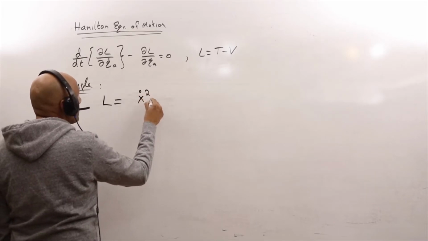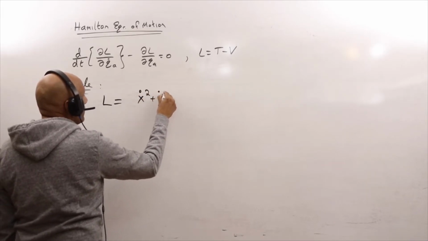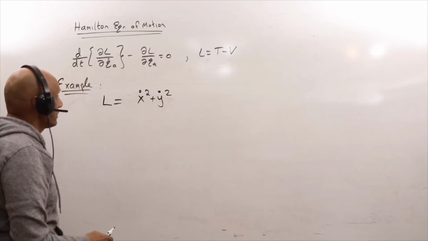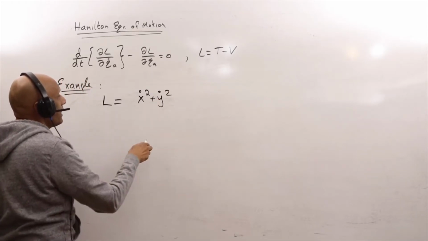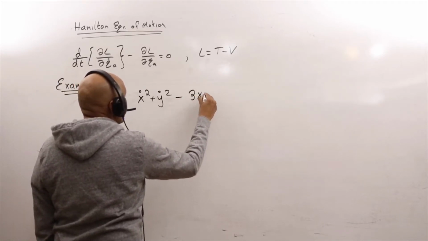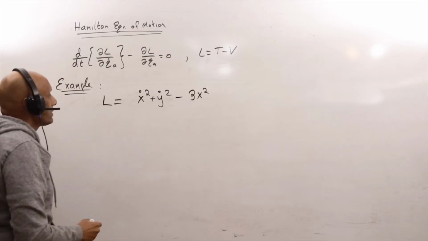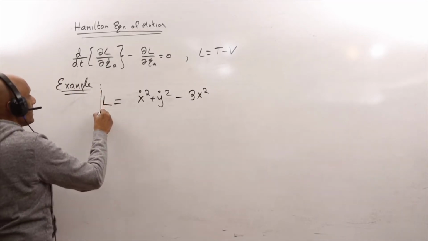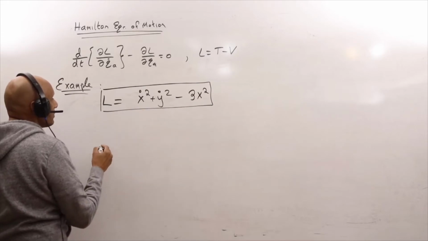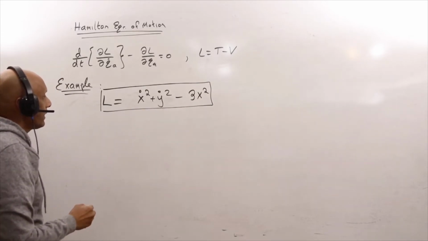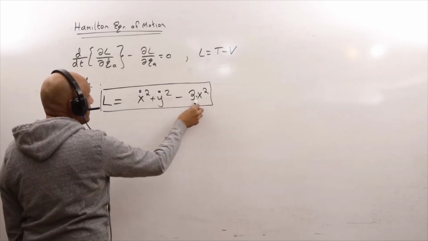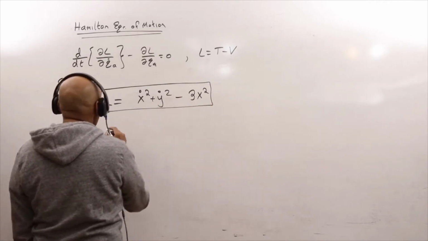I'll make it up. Here's a Lagrangian with x dot squared plus y dot squared, so we're looking at two generalized coordinates, x and y, and let's say plus 3x squared. If you look at the Lagrangian, it is a function of two generalized variables, x and y, and we notice that there's a missing variable y in this equation. Since there's a missing y,